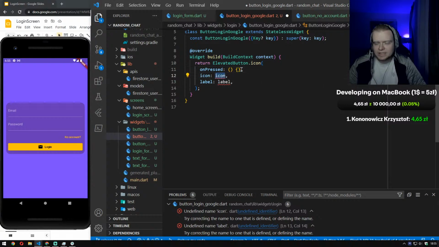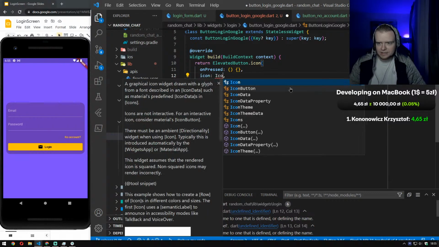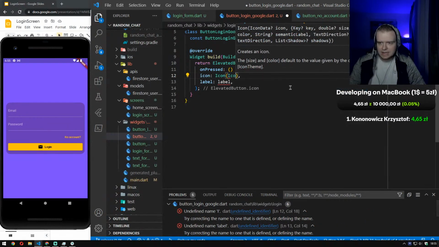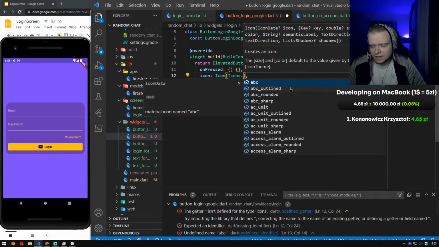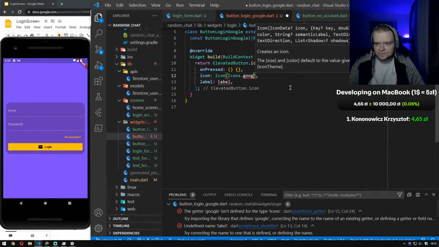For now it will be an empty function because, as I told you, we won't do any backend here, but for icon, yeah, let's just put icon there, icons, and for icon